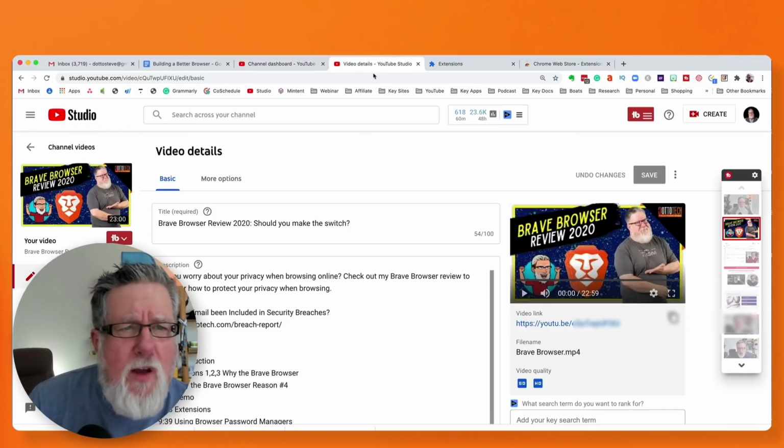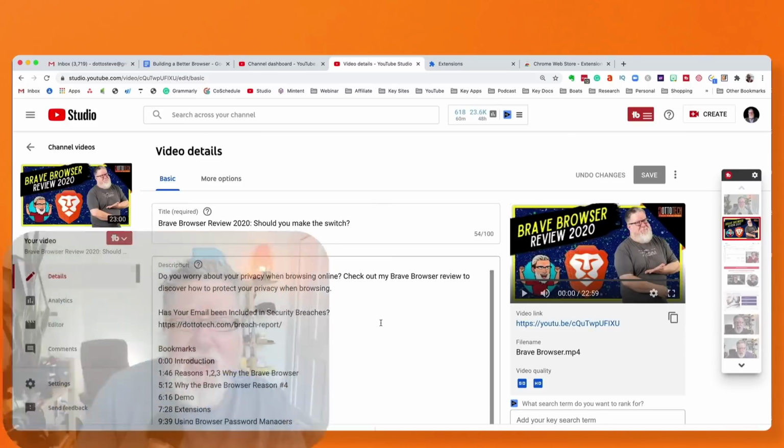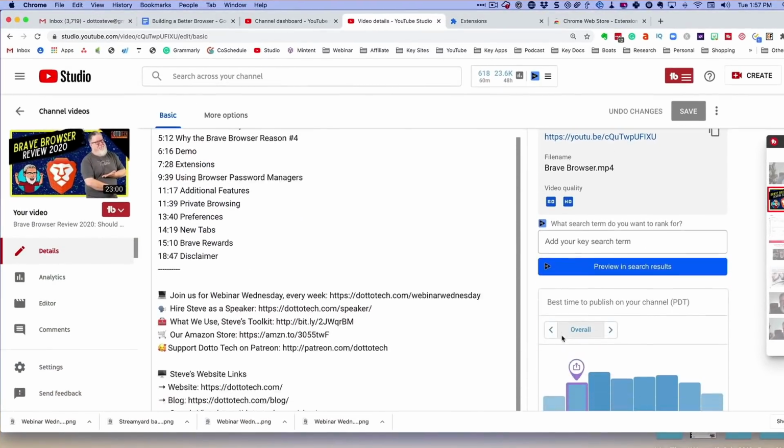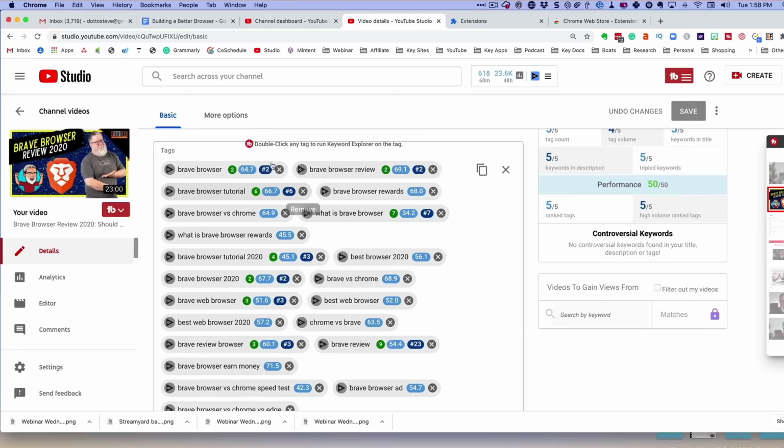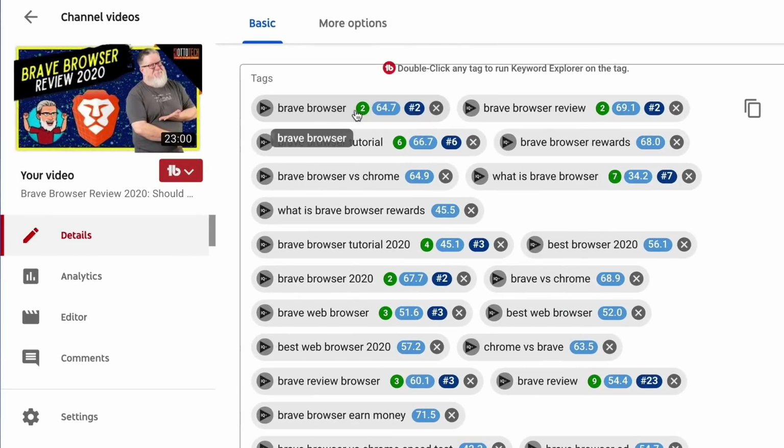And both of them also appear not just on my main page, but when I'm actually editing and creating my content, providing content and suggestions. So for example, if I go down here, this might look a little bit busy, but trust me, this is very valuable. Down here, this is telling me about the different tags and the amount of searches that are done on all of the different tags that I have. And these little colored icons, they come from TubeBuddy and they come from vidIQ, and they're telling me where my video ranks in search for those particular terms and what the velocity of search is for those different terms. So I have built a better browser for myself by using extensions that are relevant to the tasks that I have on a daily basis.